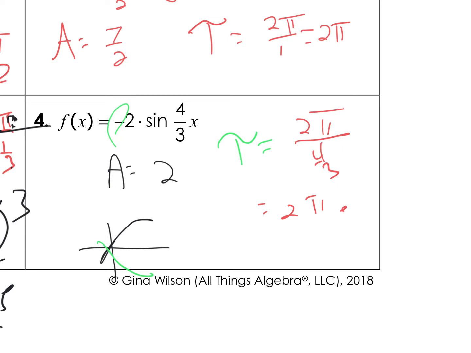Think reciprocal. 3, 4. 3 over 4. So what is 2 times pi times 3 all divided by 4? What's 3/4 of 2? That's too complicated. What's 2 times pi times 3? What's 2 times 3? Oh, 6. So isn't that 6 pi divided by 4? And then I could reduce it? Yeah, let's simplify it to make it easy to understand. 3 pi over 2? 3 pi over 2,